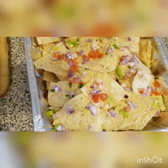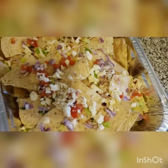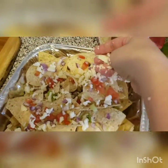But this will not be on broil, okay guys? You don't want to put the top for 15 minutes. This is the bottom for 15 minutes. And if you preheat the oven right now while we're doing this, then the cheese is gonna melt faster, which is a smart idea, right? Because we don't want to wait so long for this yumminess to cook. So I would suggest preheating your oven to 350 degrees or 300,